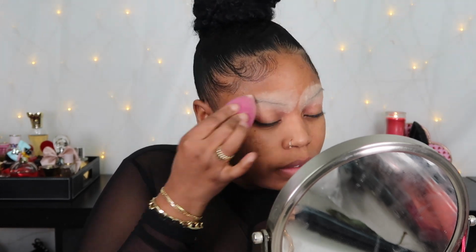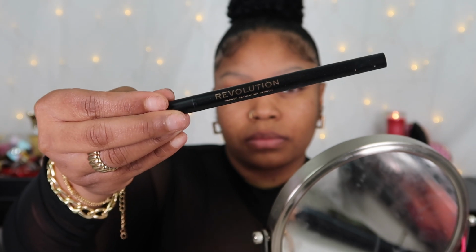Next, I'm taking my Mercier setting powder, and I'm applying that on my brows. This is going to decrease any shining, shimmery glossiness from my brows, and it's going to make my brows very neat. Next, I'm going in with my favorite